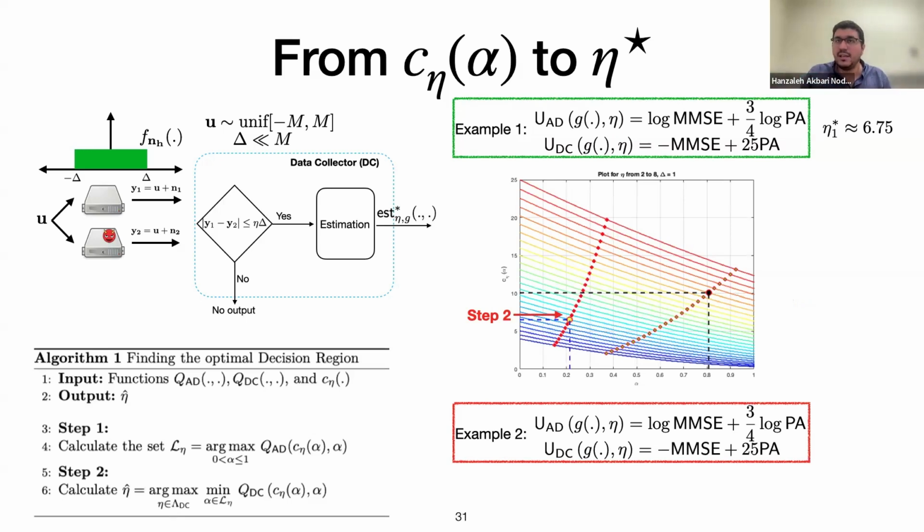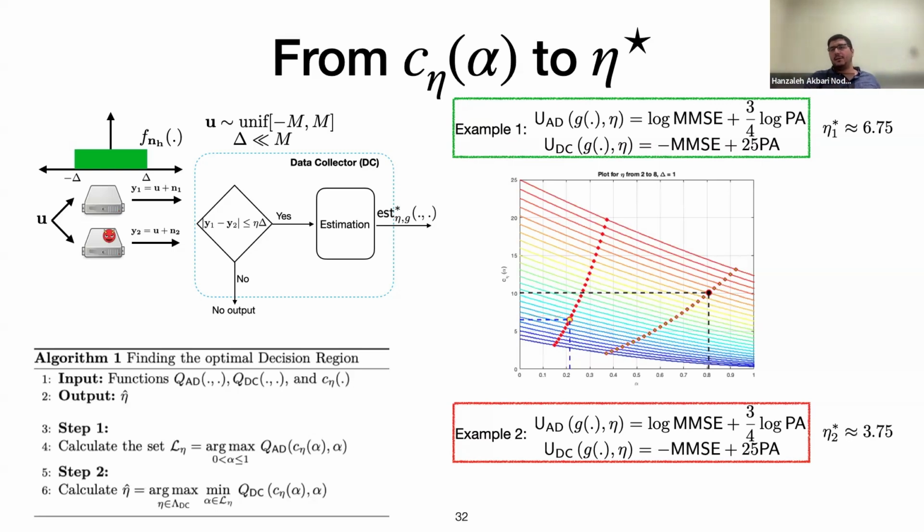And I want to note here again that for example one and example two, what is fixed is all of those colorful curves, and those colorful curves are the result of optimization one. That's why I told you that if I know the output of the optimization one problem, which is C of alpha, I can utilize this as a base point and try to find the equilibrium for any other utility functions. Okay.